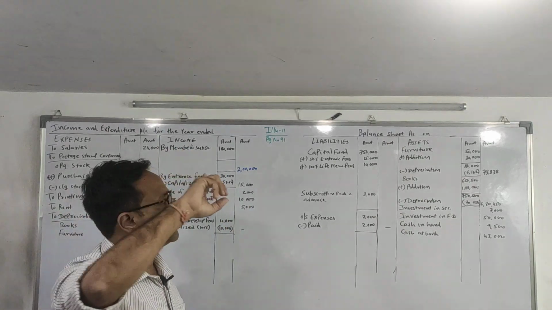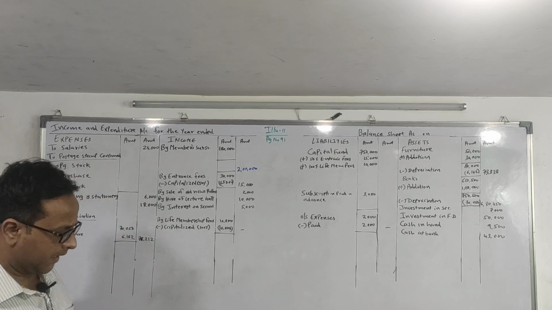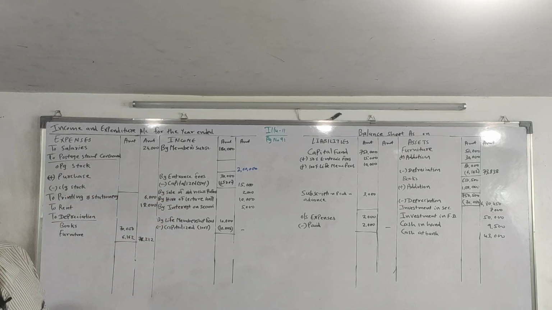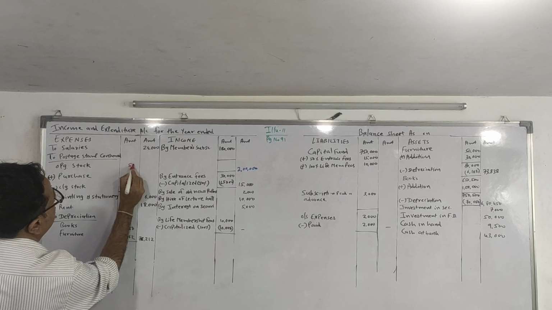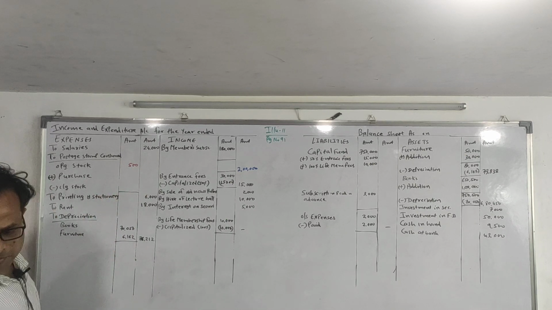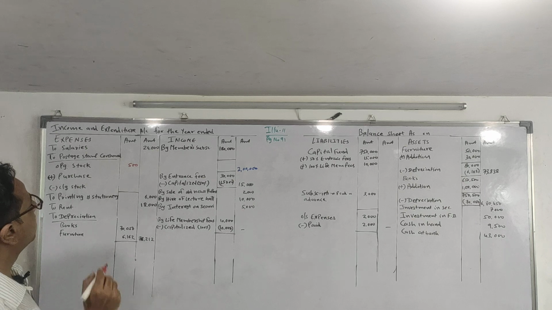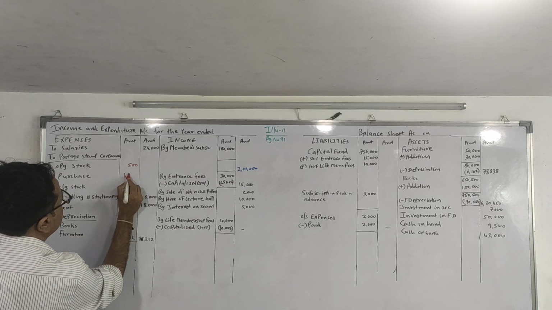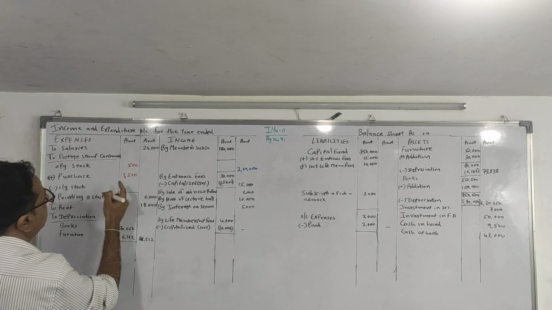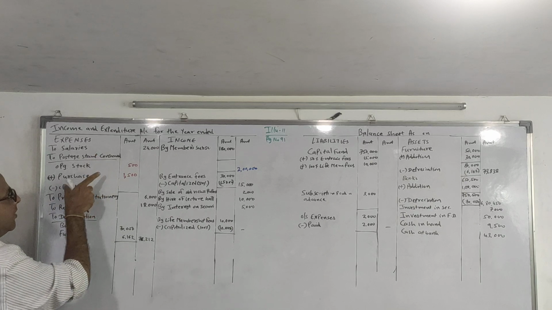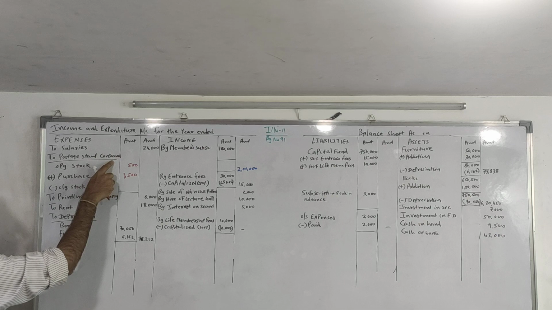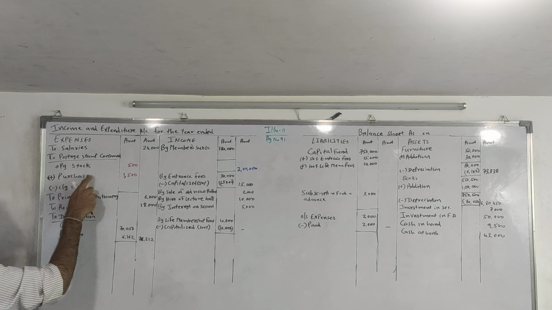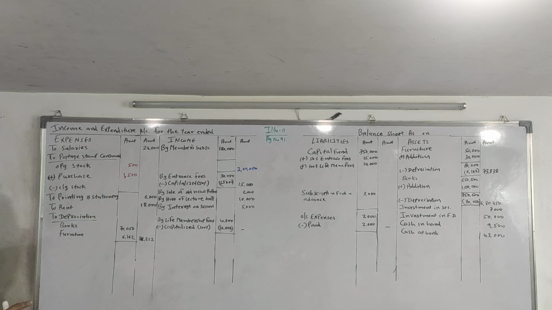From the opening balance sheet, which we had ignored at that point of time. So opening stock how much? 500. From where did we get this amount? From the opening balance sheet. Purchase of postage stamp 1500. So where will we write the purchase of postage stamp? We have to write in this format: postage stamp consumed, opening stock plus purchase minus closing stock.